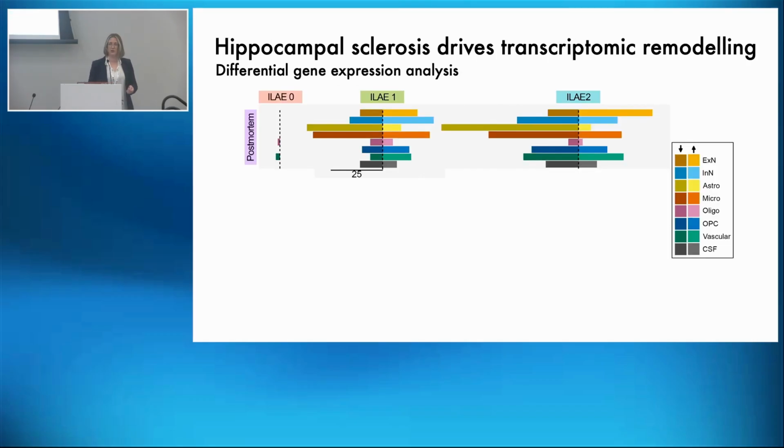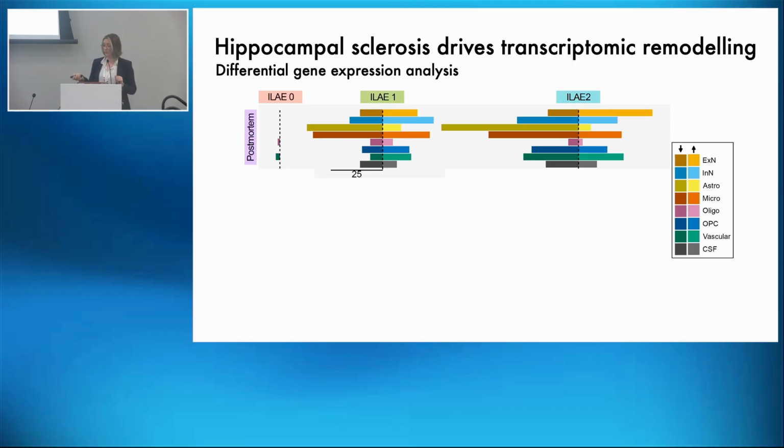I then ran differential gene expression at this broad level to get an idea of how differentially expressed genes are overall between cell types. For each cell type, I did a pairwise comparison between two specific groups. In the bar graph here, I've plotted the number of differentially expressed genes. The lighter colors show genes that are upregulated in the column groups versus the row groups, and those that are darker are downregulated.